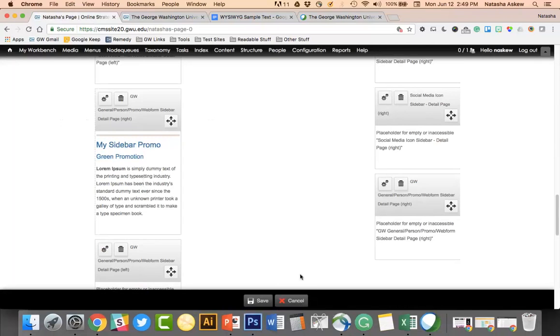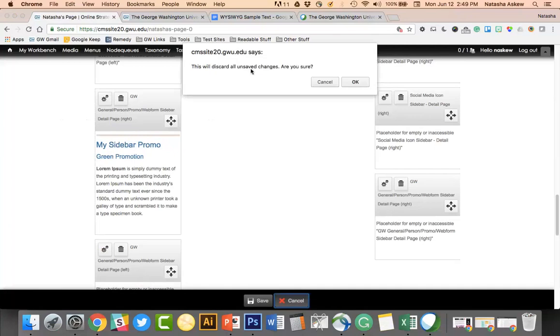your sidebar content to look like in the end, and you would get to that by clicking on that Customize This Page button, going into the settings for it by clicking on the gear icon, making your adjustments, and then once you're happy with what you've done, you click the Save button. If you don't want to keep your changes, you click the Cancel button. The system will ask you, are you sure you made some changes, you're going to lose them, and you just